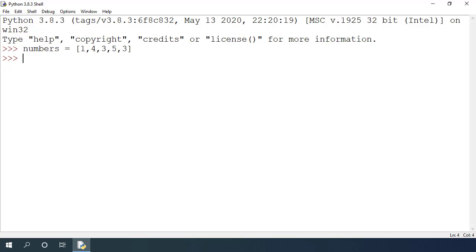If we want to remove duplicates, we can use set function and provide any iterable to it. Set1 equals set of numbers. Now we can see that all duplicates have been removed. Sets are created using these curly braces. To create an empty set, we have to use set function. We cannot use the curly braces because curly braces are used to create dictionaries, which we will see in the